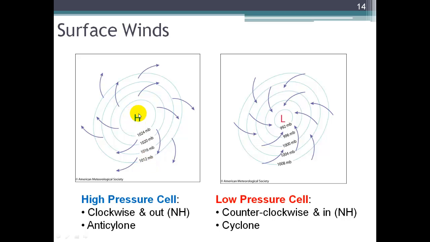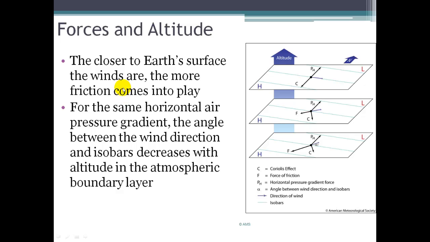The pressure gradient force wants that wind to blow straight across the isobars perpendicularly, but as soon as the wind moves, it's subject to the Coriolis effect, which deflects things to the right in the northern hemisphere, and so we get this rightward deflected motion. And we have the force of friction now, which slows things down. So instead of having that gradient wind like we saw in the higher atmosphere, we now have this net effect of winds flowing clockwise and out of the high